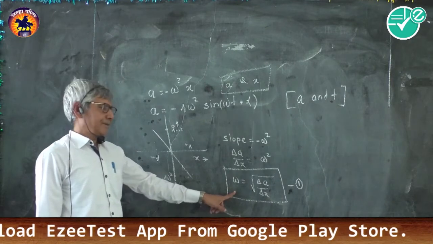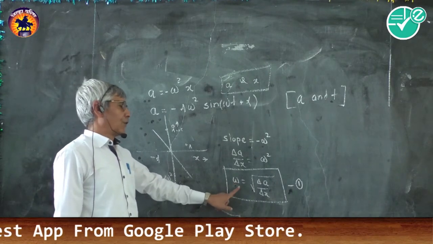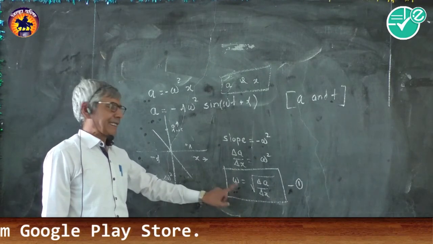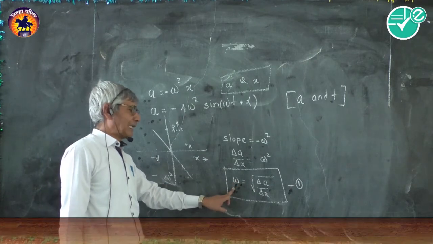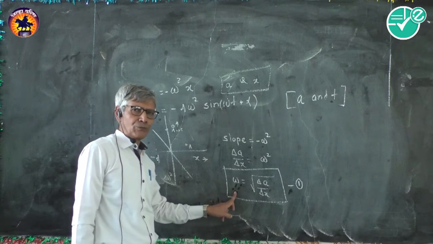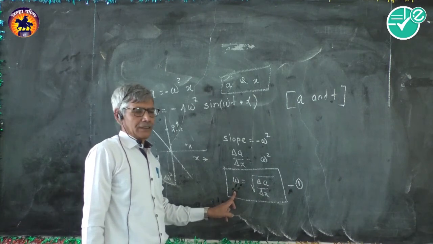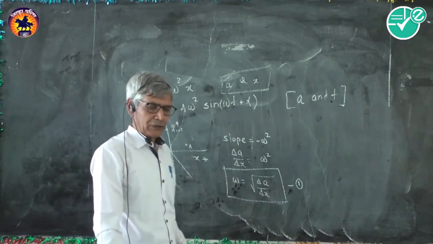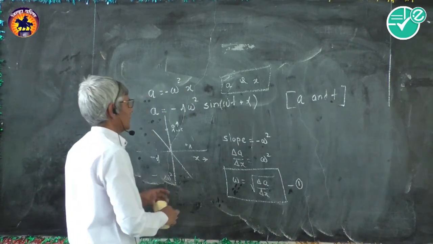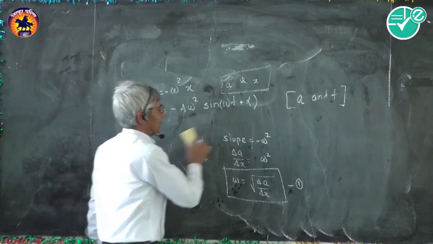This is the equation. By using this equation, omega can be found out, the period can be found out by using omega equal to 2 pi by capital T, and the frequency can be found out by using omega equal to 2 pi f. If the terms are represented in terms of the graphical. Now, another graphical representation.